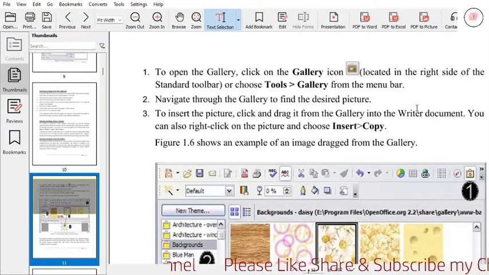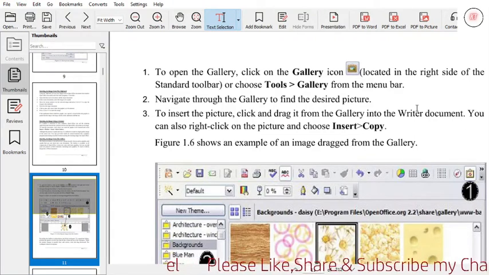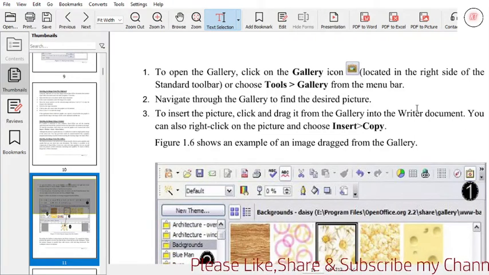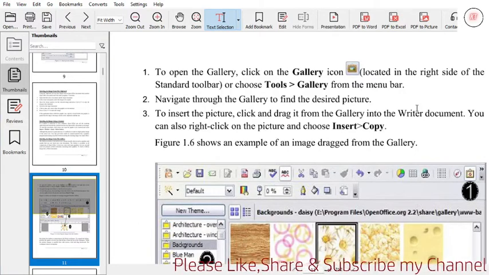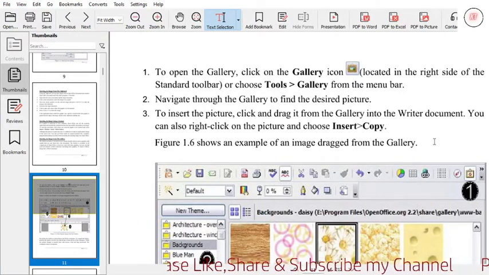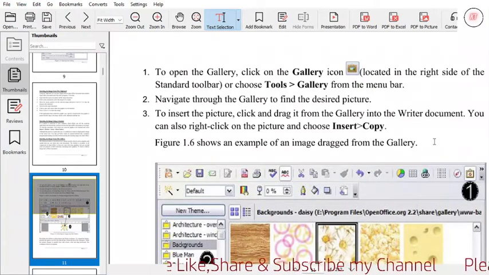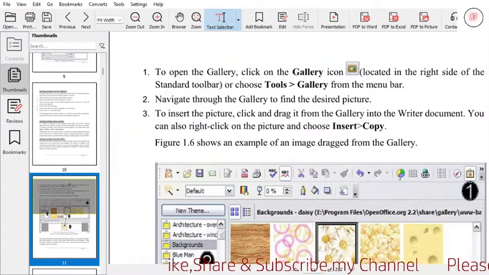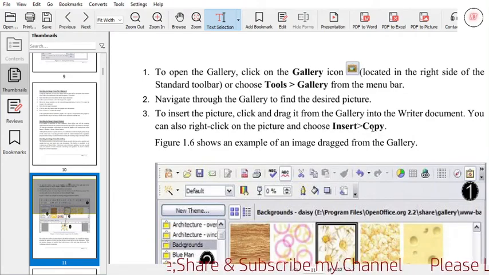Navigate the gallery to find the desired picture. To insert the picture, click and drag it from the gallery into the Writer document. You can also right click on the picture and choose Insert Copy.